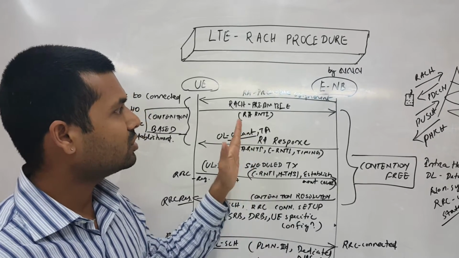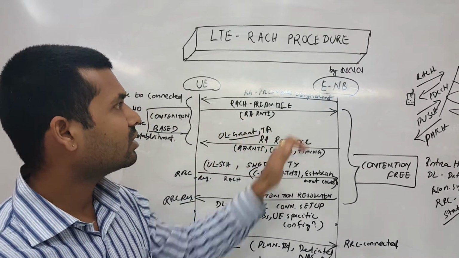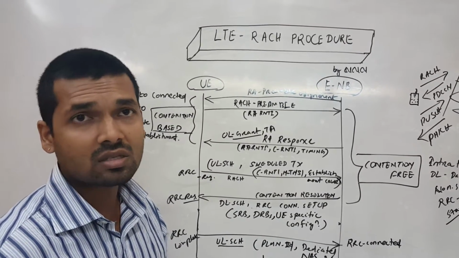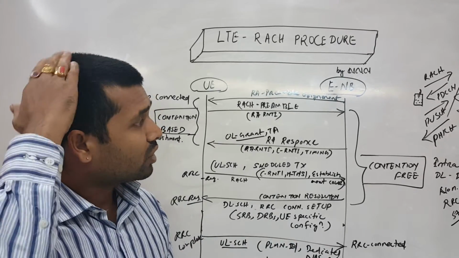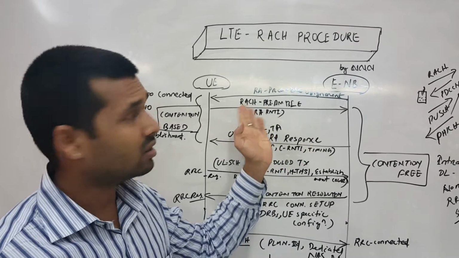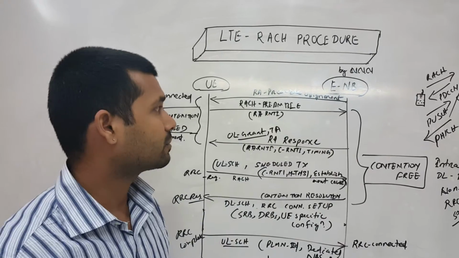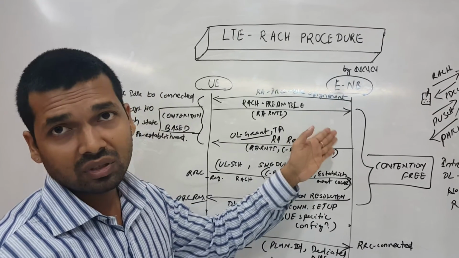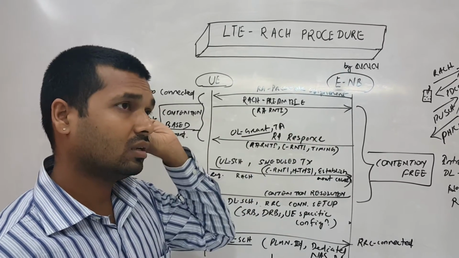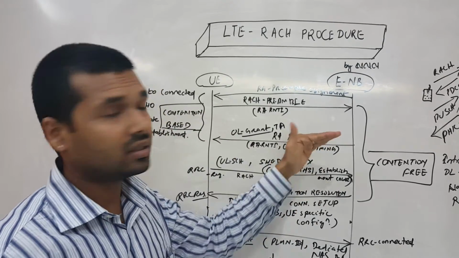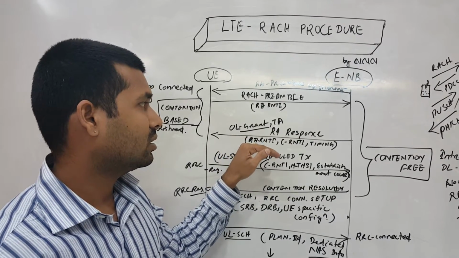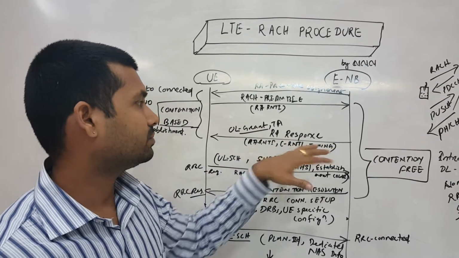So if I go initially, when we make any kind of request to the network, when we have to communicate something, we need a service or need to access the network for any reason, we send a RACH preamble with a RACH RNTI, Radio Network Temporary Identity. Then if everything is okay, we get the uplink access grant and the TA values, and we get a RACH random access response, wherein we have three kinds of data.